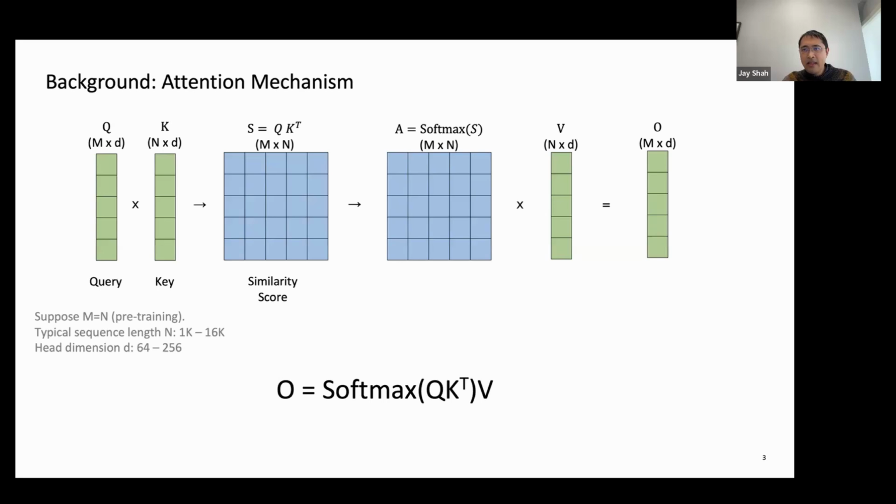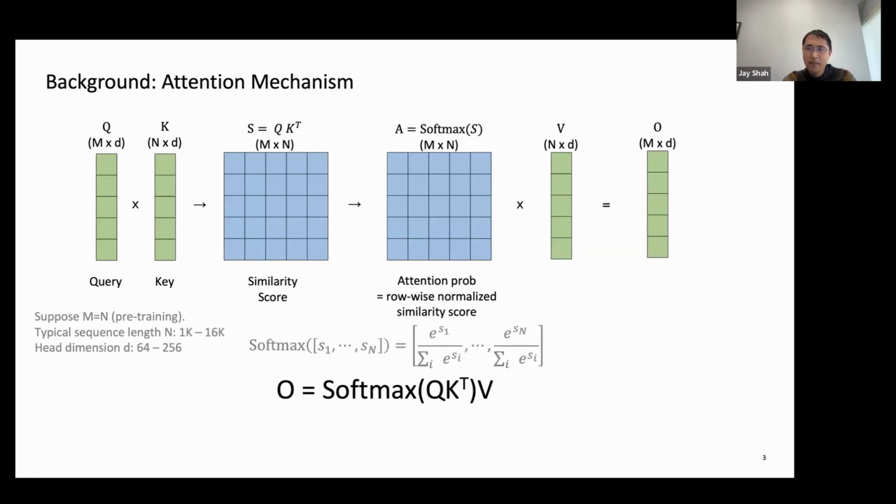This is an M by N matrix, which is much larger than Q and K. I then take the row-wise normalized similarity scores, the attention probabilities, by taking the row-wise softmax of this scores matrix. Softmax is given by the following formula. I then multiply by the value matrix, and I end with an output matrix that I write out as the output of attention.